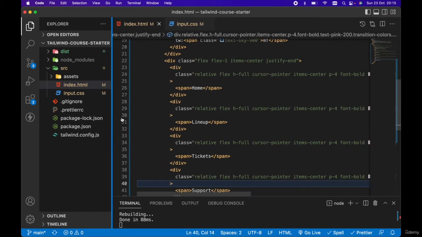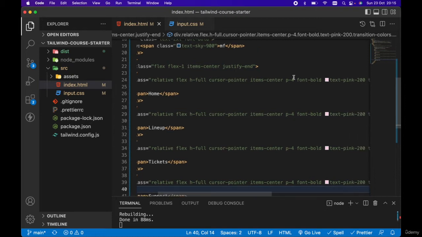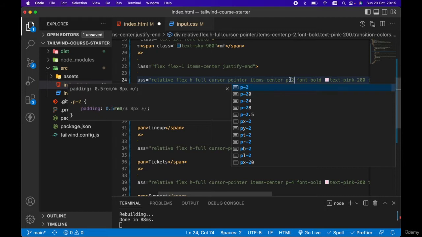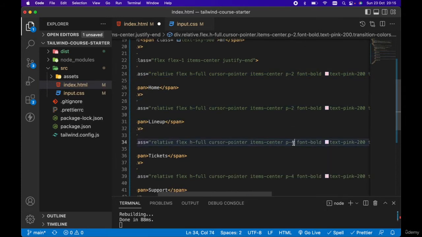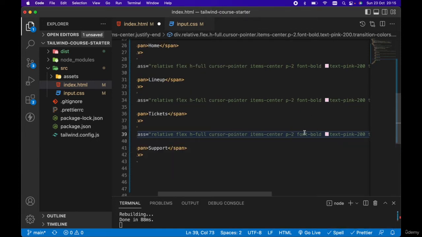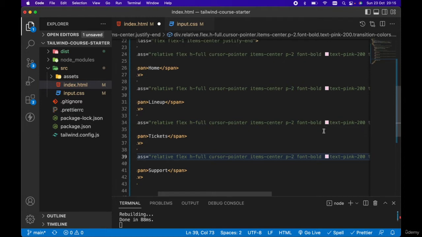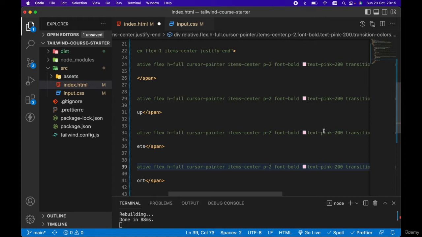So for example, let's say we wanted to increase or decrease the padding for each of our menu items. So instead of going to each single padding class here and updating it to, let's say, P2 instead of P4, and then going down each of our menu items and updating it manually, what we can do is use a shortcut in VS Code, which will allow us to add multiple cursors and edit in multiple places at the same time. So on Mac, we can hold down the Option key on the keyboard